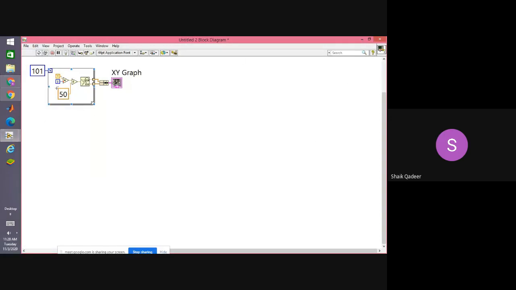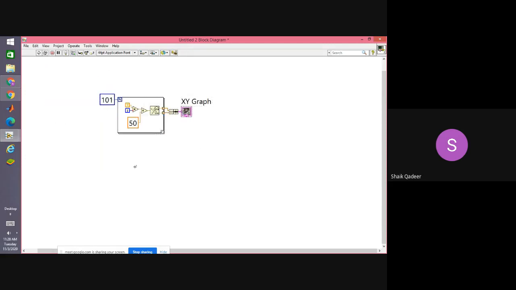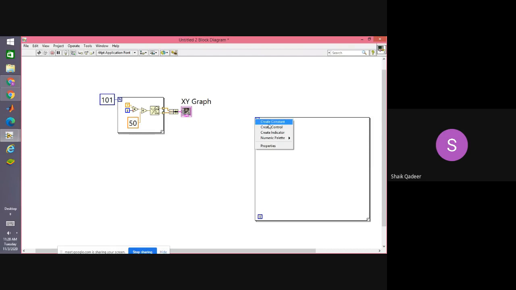This example also I have given you in the notes. I am just demonstrating this. Is it visible? All components are clear? Yes, sir. What I will do is show the parallel implementation here so that you can repeat it next time if you want. So right click here, go to structure, take a for loop like this, and right click here, create constant and write the number whatever we want. Like here I am writing 101.